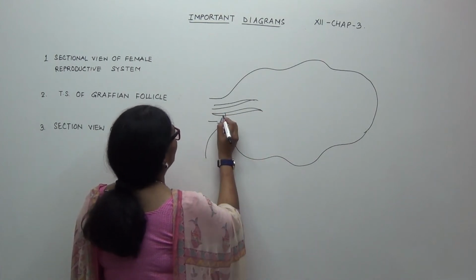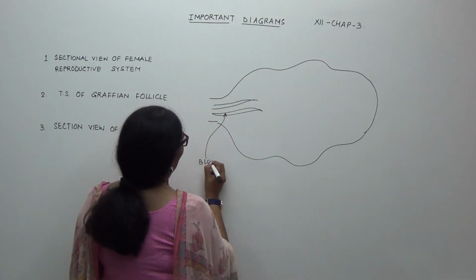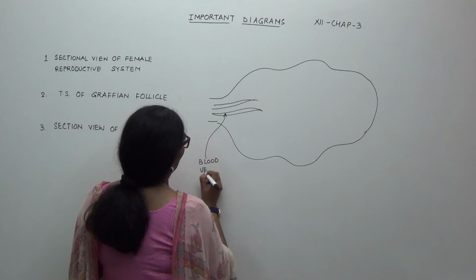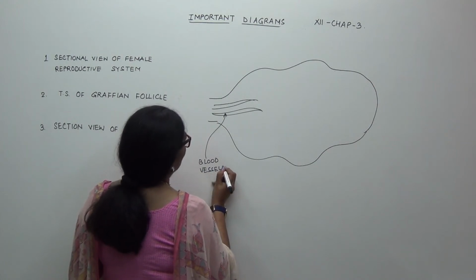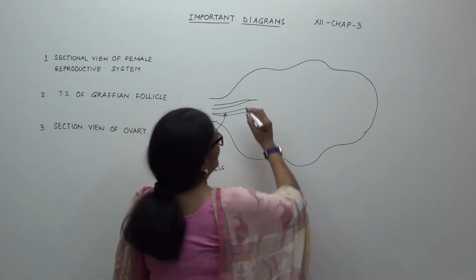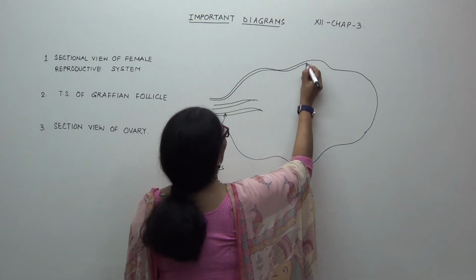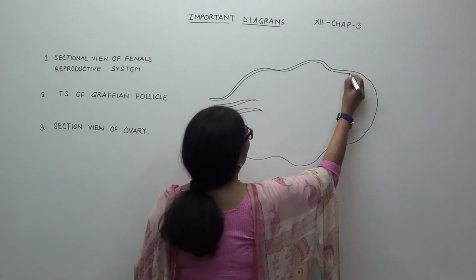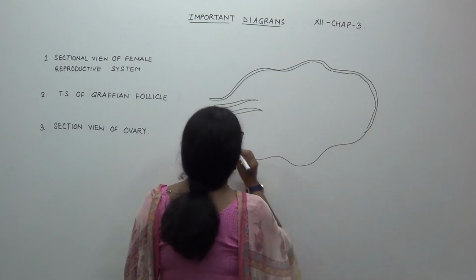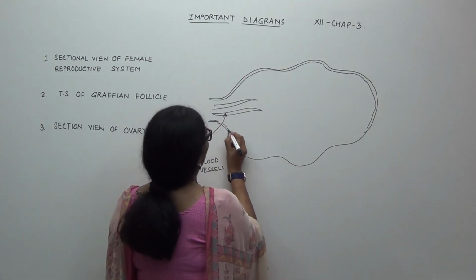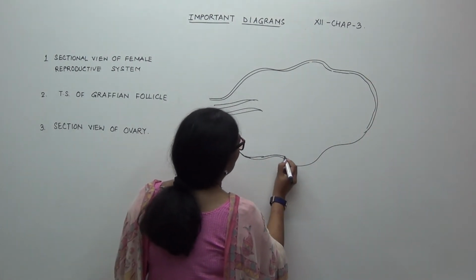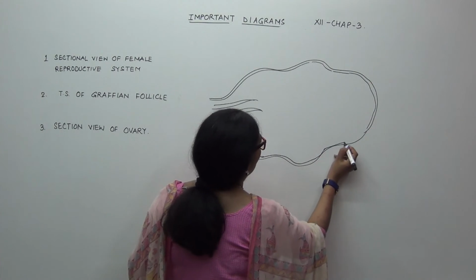So these are your blood vessels. It is colored in your NCERT, but in your exams you cannot make colored diagrams, so I am also making it in black and white. Now you know that the ovary is externally covered by a layer called peritoneum, but it is not labeled in your NCERT, so you need not worry about labeling it. But still I am drawing it for the sake of it. We are doing it a little quickly.